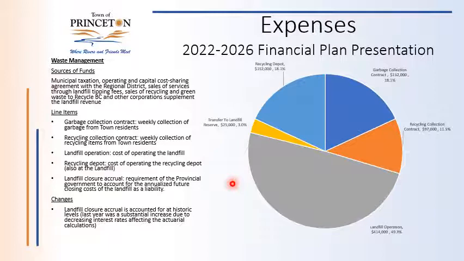The only line item that I would point out is the landfill closure accrual. So that is decided based on interest rates and is mandated by both accounting rules and the Ministry of the Environment, as when the landfill does close, and it's not slated to close with current usage until probably the 2070s, we are responsible for mitigating that landfill and results of liability on our financial statements. So that's why that landfill reserve is included in our budget as an operating cost.